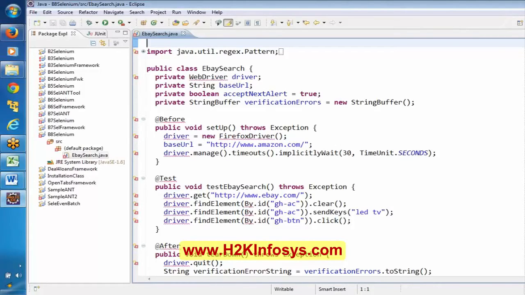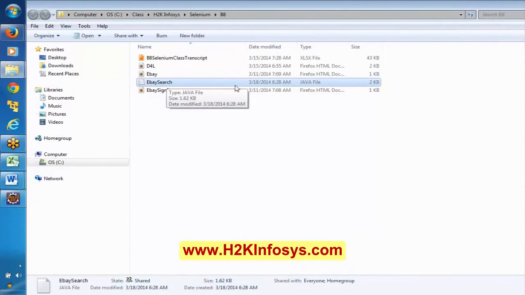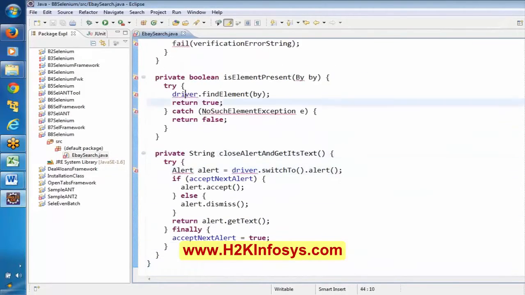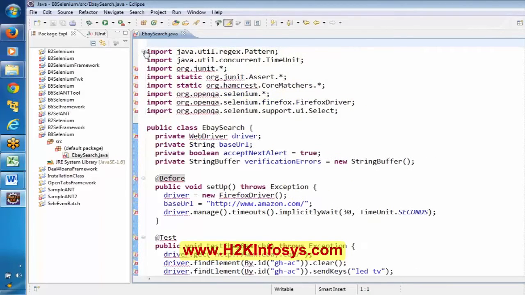Now, it is giving some errors. Basically this is the script that we have exported from Selenium IDE, and we have opened this in Eclipse. When we open it in Eclipse, it is giving some set of errors, right? Any idea why these errors are coming up? This question is for the new students. At least, are you able to follow till this point? I will explain that. Any questions over here?